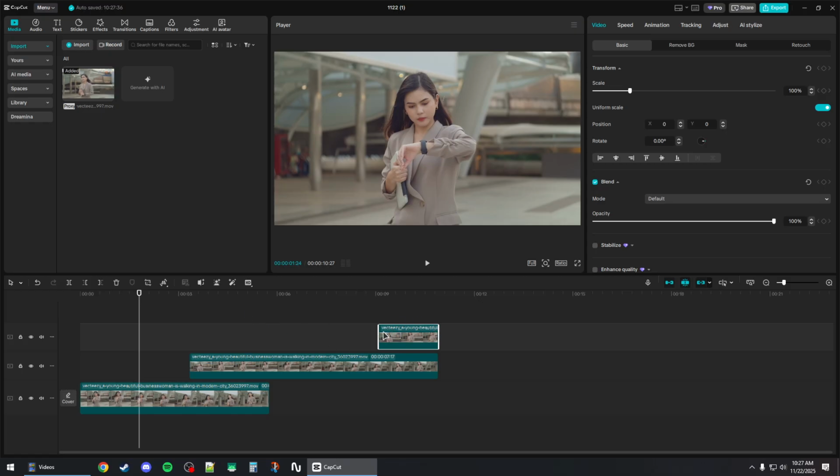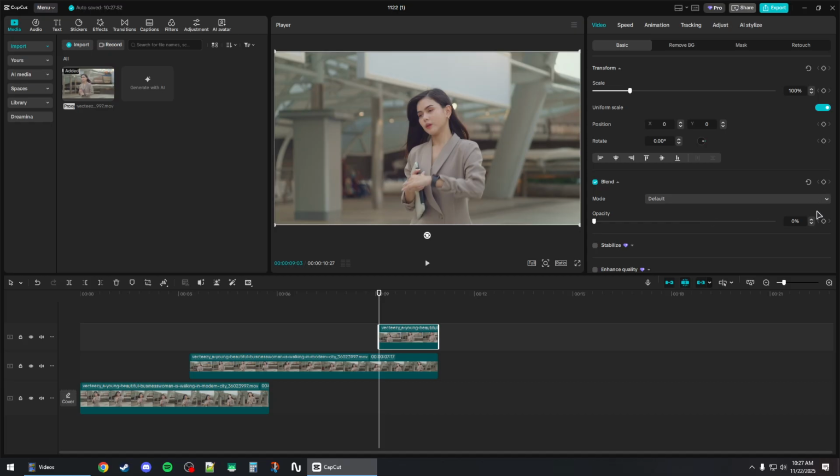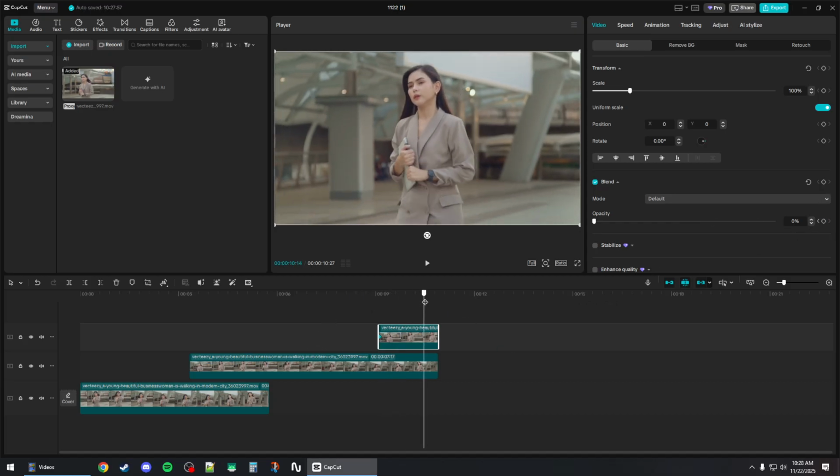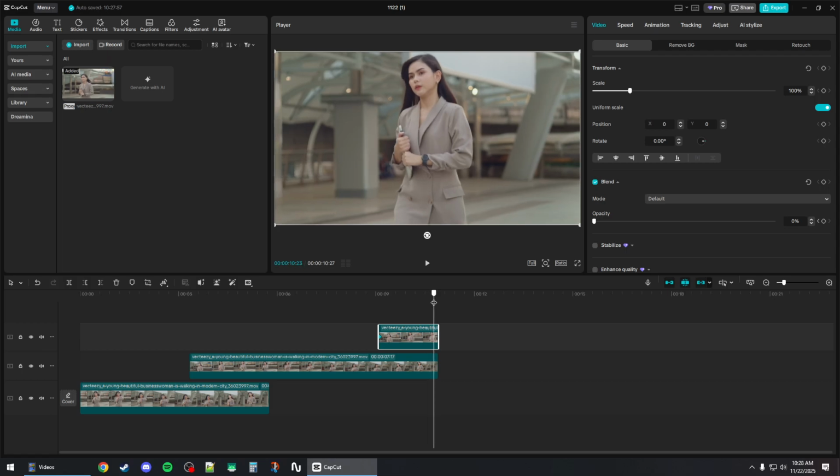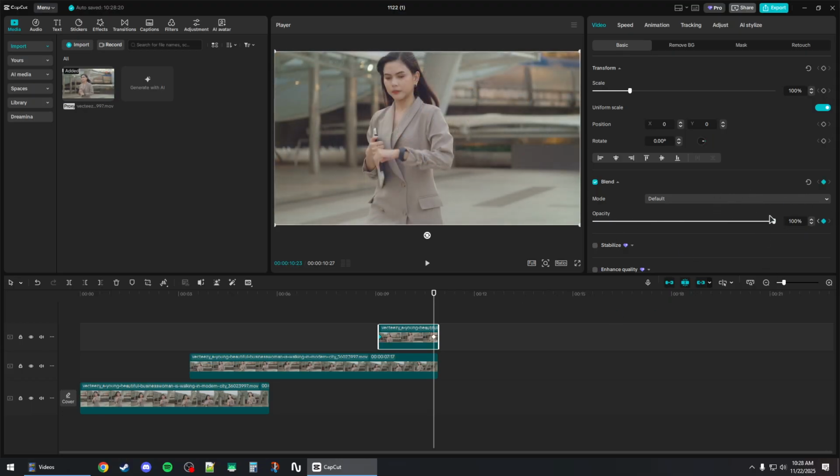Now select the last video you added and then reduce the opacity to about 0% right here, and then add a keyframe. Now move your cursor again to the end right here, but before the video ends, not exactly at the end, and bump the opacity to 100%